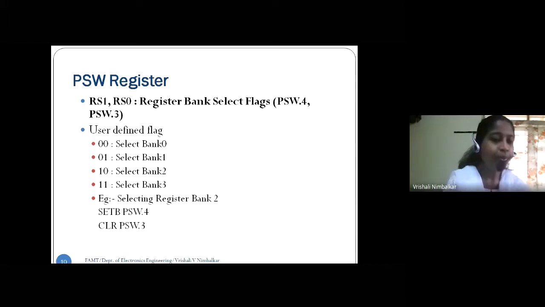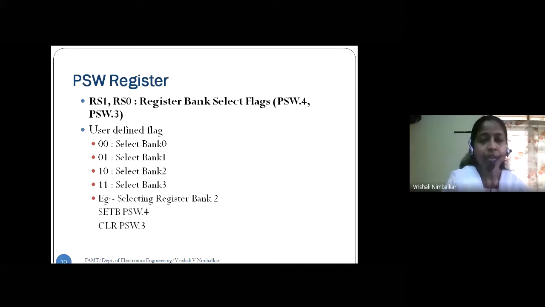Then we looked into two register bank select registers, right? These banks are nothing but those general purpose registers R0 to R7. So we have 4 banks. Each bank has a set of 8 registers. Correct? So the programmer has a choice to select which set of registers they are going to use. And those registers are R0 to R7 general purpose registers. By default, bank 0 is selected and those registers are in use. R0 to R7 registers of bank 0 are in use.